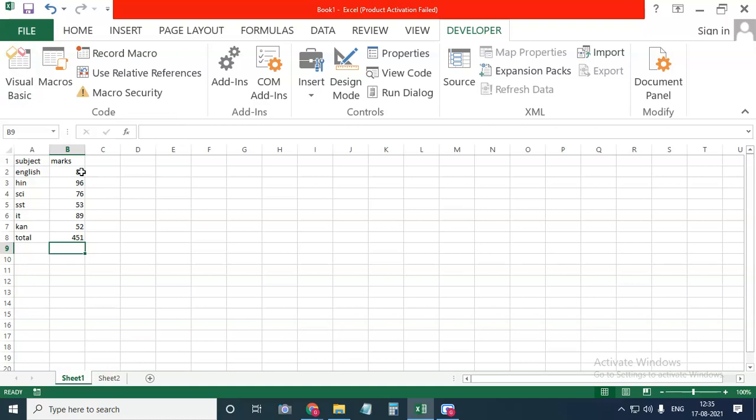Suppose you want to perform the addition of two numbers, 85 and 96. For that we write the code to add two numbers, and we get the answer in your Excel sheet.